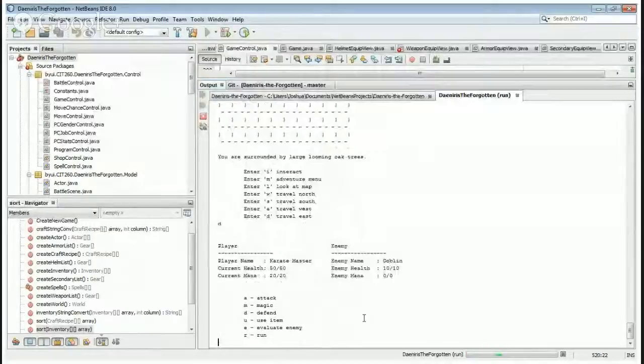All right, so now we're in a battle. And so it displays our name, our current health, and our current mana. And then it also shows the enemy, their name and health and their mana. And we have a few different options. If we hit D for defend, then it'll increase our defense by a certain amount. And so it shows that our defense increased, and the enemy attack missed, so we didn't take any damage anyways,